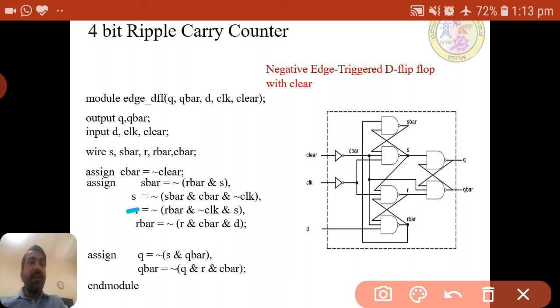So here again S, this one. For that, what are the inputs here? 3 inputs. One is S bar, one is C bar and one more is R bar here.